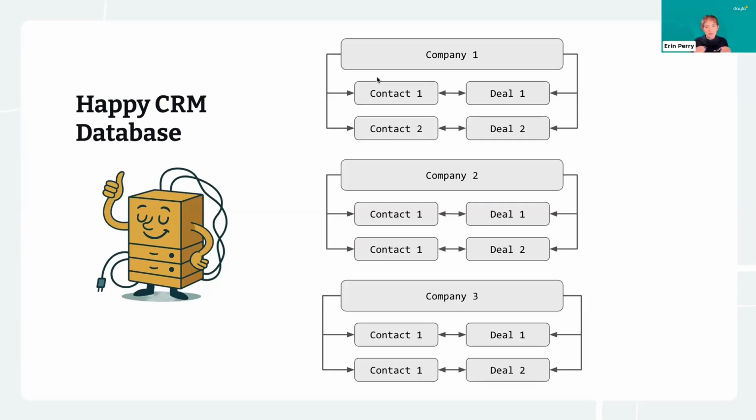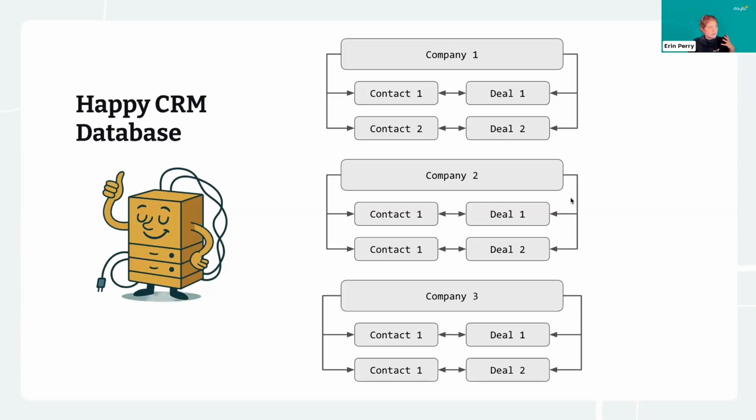And each of these different building blocks has different data associated with them, and they're all related to each other in similar ways. So a single company can generally be linked to multiple contacts and multiple deals at once. A single contact can generally be linked to one or more deals. A single deal can also generally be related to one or more contacts. It'll differ by CRM how many contacts can have how many companies a contact can have, etc. But that's the most basic level.